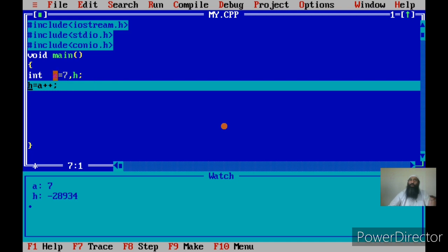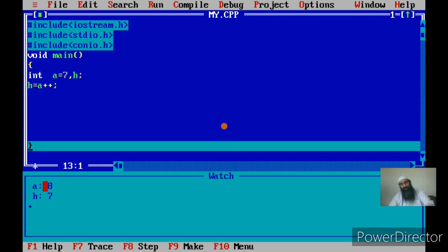The value of the variable on which the incrementation is performed is assigned to the variable on LHS of the assignment statement, and after that the incrementation is performed. That is, what is the value of a at this stage? It is 7. So 7 will be assigned to h, and after that incrementation will be performed. See here, so h will be 7 and a will become 8.